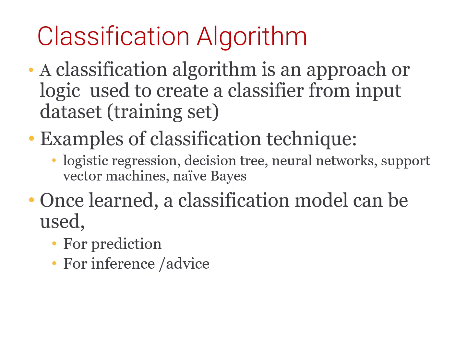By feeding the model with the relevant input features, it can make informed decisions and provide accurate predictions, enabling us to make data-driven decisions and automate classification tasks. Beyond prediction, classification models also serve as valuable tools for inference and advice. By analyzing the learned patterns and relationships within the model, we can gain deep insights into the underlying factors that influence the classification outcomes. This knowledge can be harnessed to provide meaningful recommendations, guide decision-making processes, and uncover hidden trends